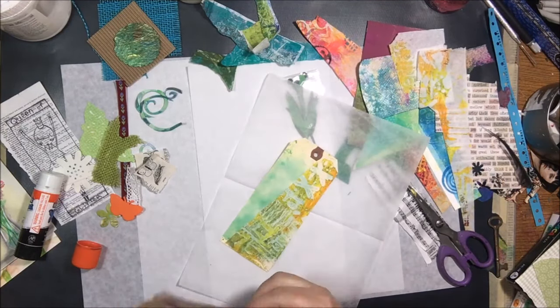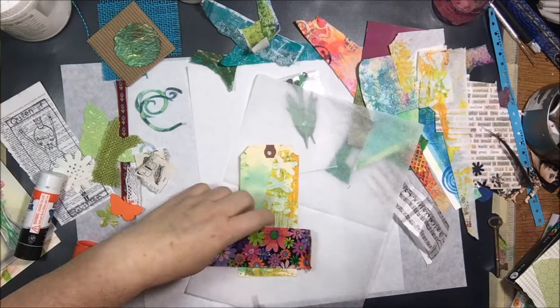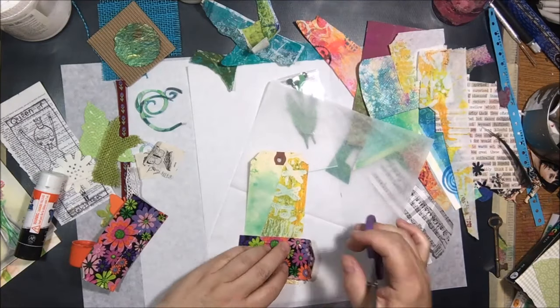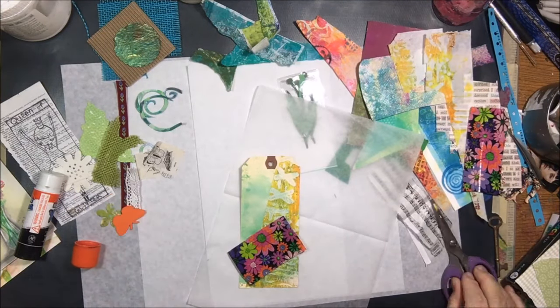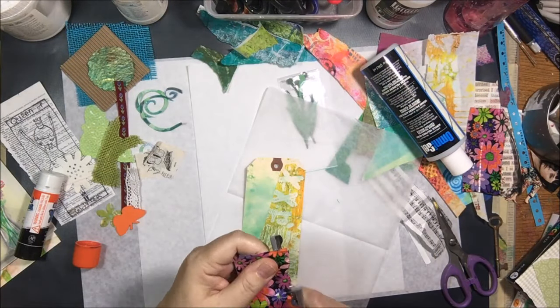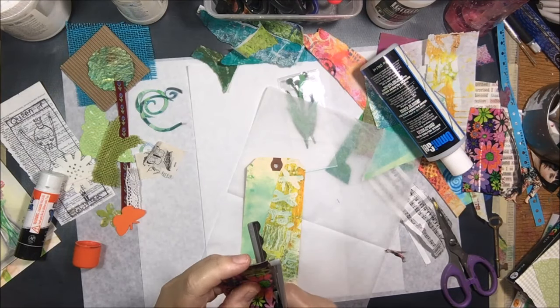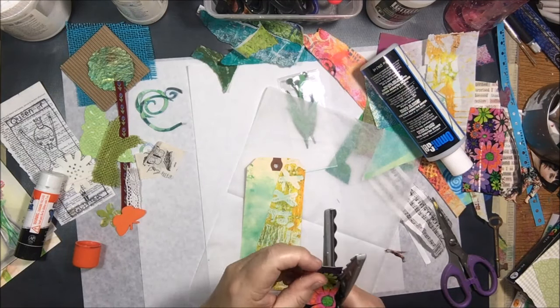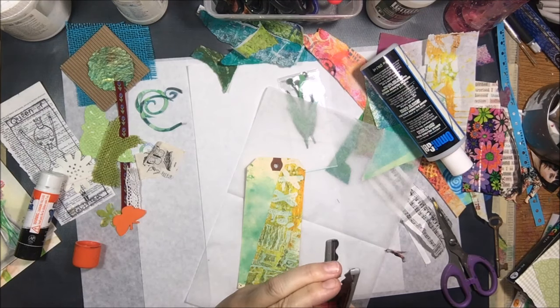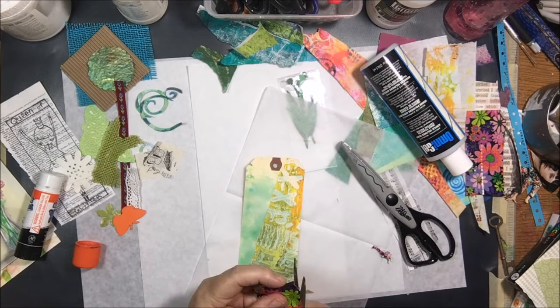It's obviously not going to be as sturdy and permanent as it would be had I used matte medium and let it dry and all that type of stuff. But I'm just gluing stuff together. This is a lot of fun, and I didn't want to mess around with waiting around for stuff. I'm impatient. So the first thing I put on was a jelly deli print that I had a scrap left